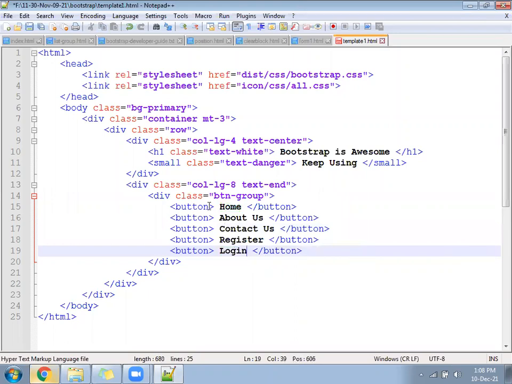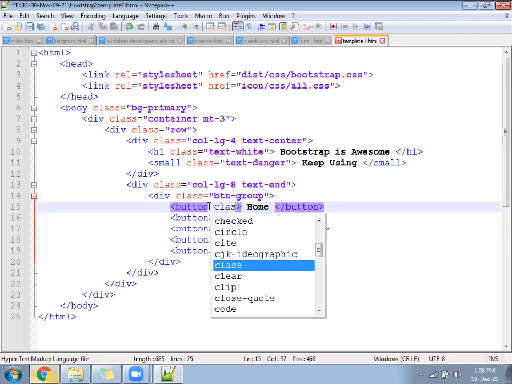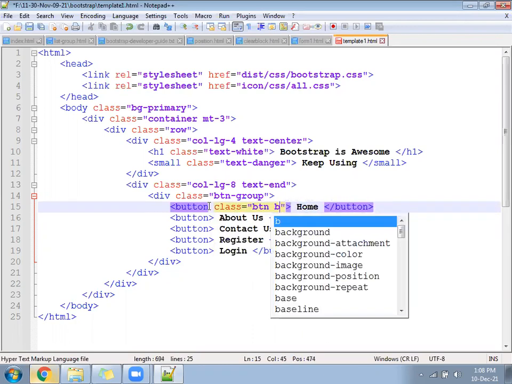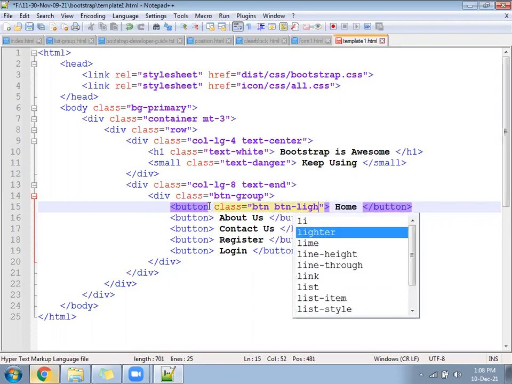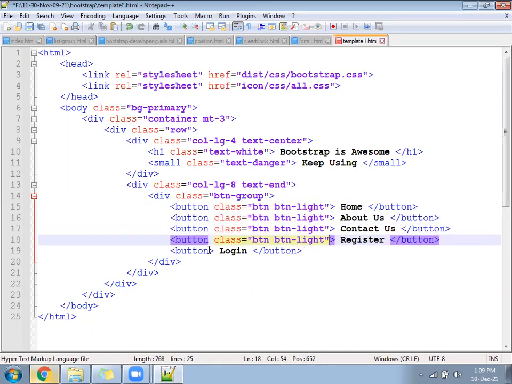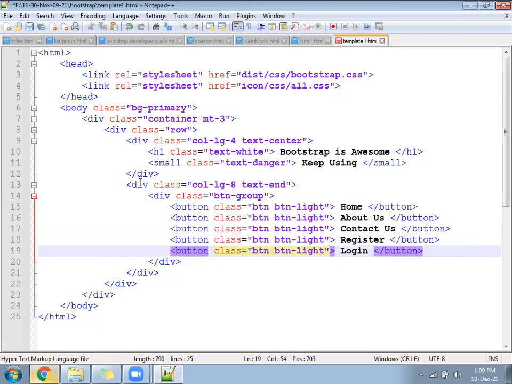And then we have a class name btn hyphen light. White color it will come. btn light will come in white color. Add, and add. Then see how that look.